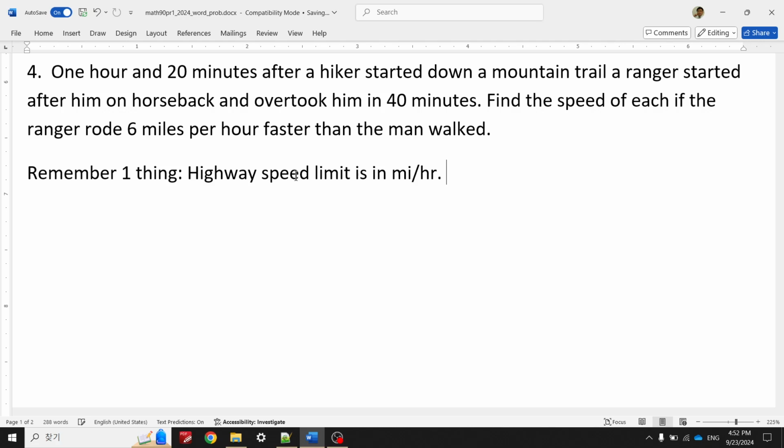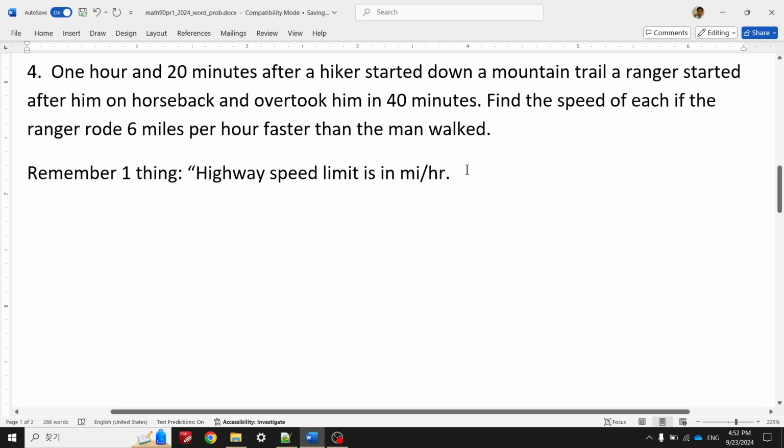This is the only thing that you have to remember to recall all the formulas for distance, speed, and time. And the goal is not to memorize everything, but to derive it. Okay, so first of all, when you see highway speed limit is in miles per hour,